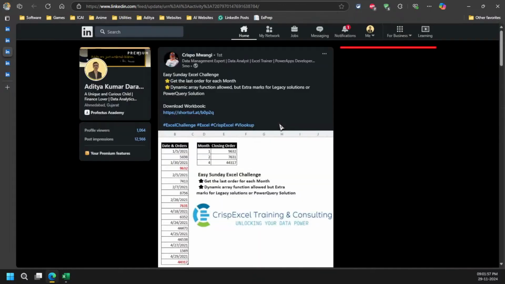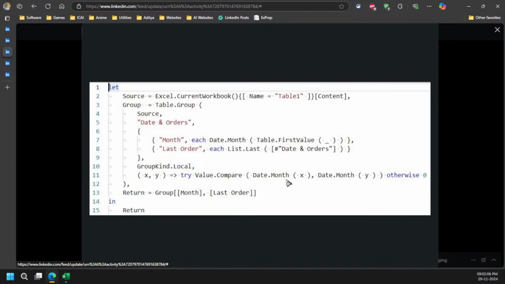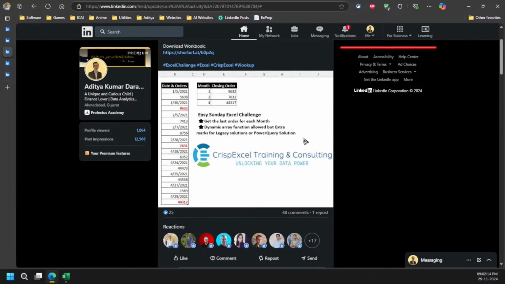And then that was Crispo's challenge, and here I again shared one of my tricks with the Value.Comparer function. I have always been using it with the Table.Group function. I will be sharing more about it today.